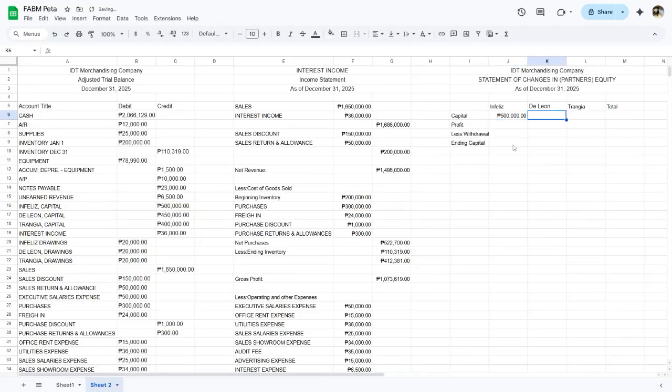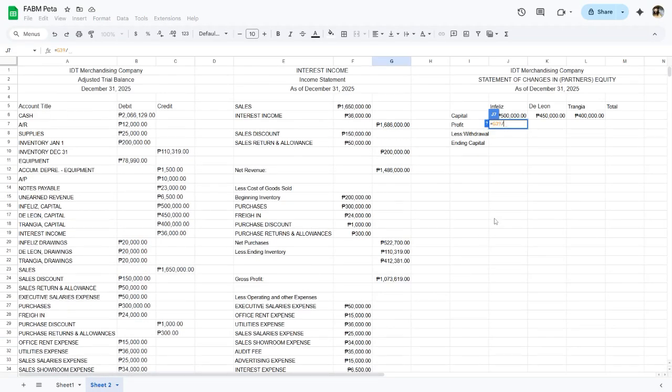Then let's get the capital of De Leon, and the capital of Trangia. We'll total that later, but let's proceed to the profit, which is the amount of net income